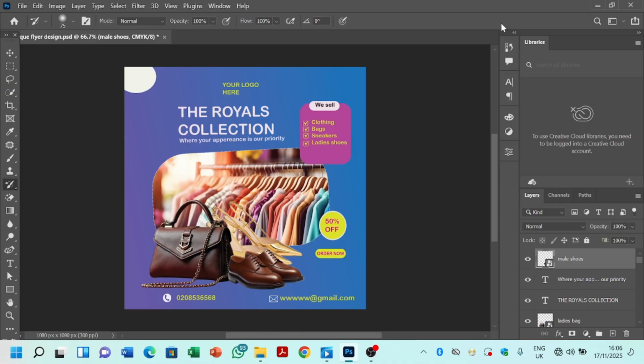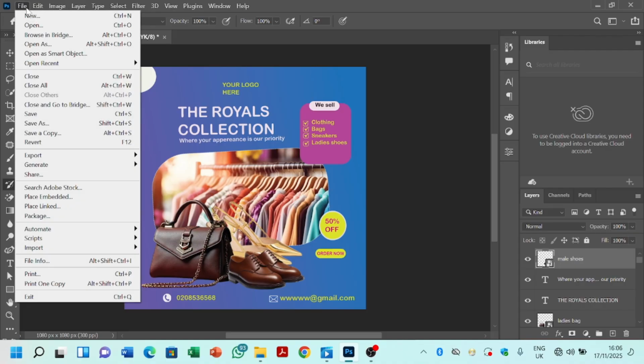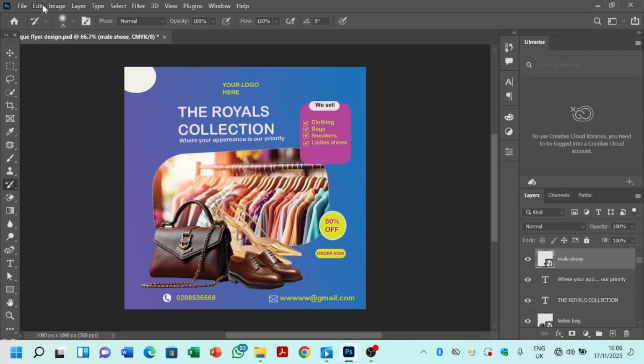Alright, so before we begin, let's take a look at the interface of Photoshop. So in here we have the menu bar, which includes the file, the edit, the image, the layer, the type tool, and all of that. So this is where we work with the file. This is where you save your work when you are done, and then with the edit, this is where you make little changes to the design, that is to edit it